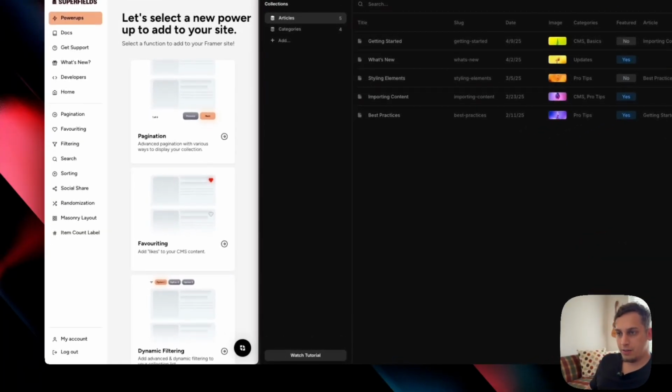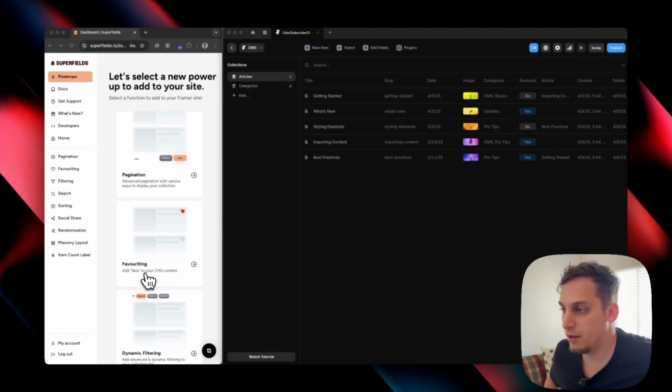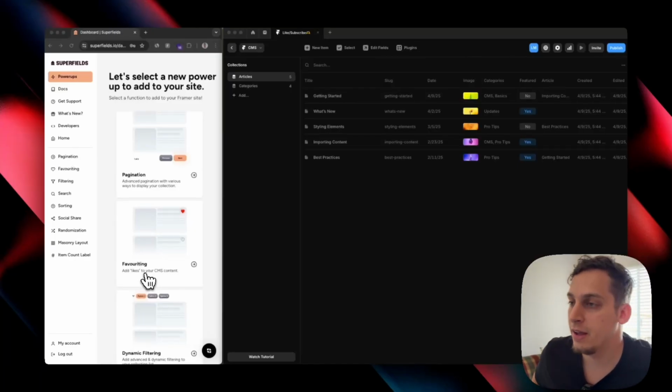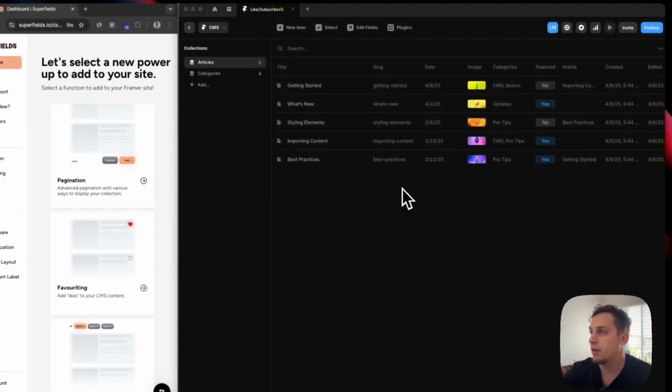Now, the next thing that I want to show you is this item count label, right? So let's say that you have a large number of different blog posts in your website or in your client's website, and underneath the title you want to say there are 200 total blog posts, right? So what we can do is get this text, duplicate it, put it underneath, and I'm going to add a stack here. And I'm going to change this from an H1 to something like a body text for now, right? And in this body text, I'm going to double click and write,